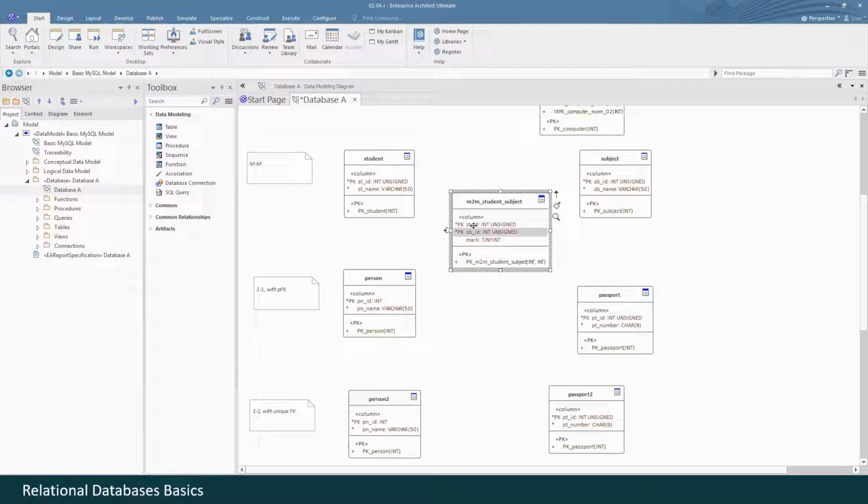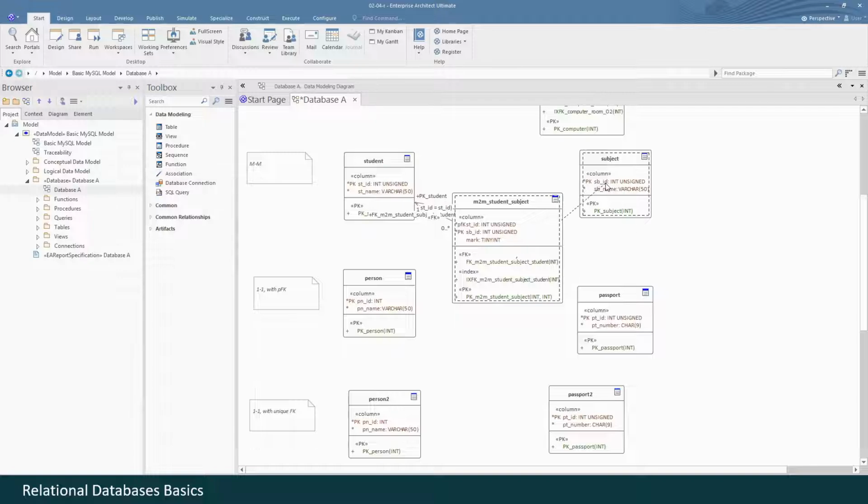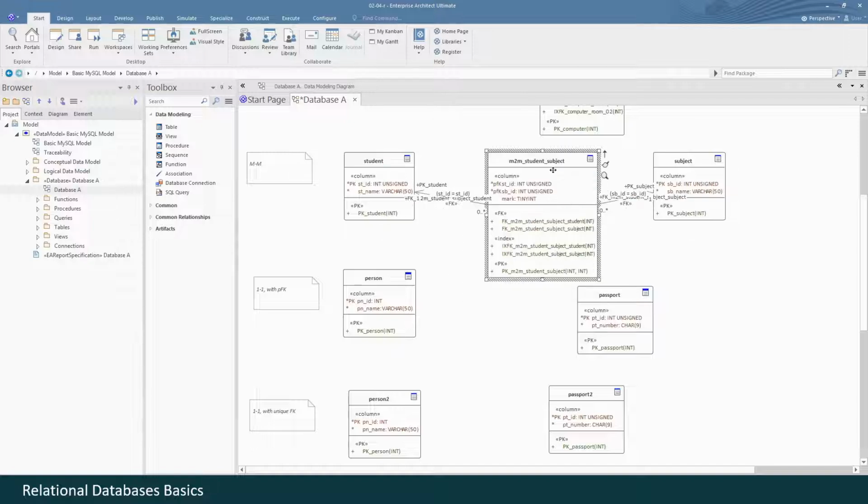In some other cases, for instance, if we have to show several marks for several attempts of a student to pass an exam on a subject, we shall not put those fields in primary key. But usually, in most cases, those fields should be parts of primary key. And the only thing left is to create the association. Let's make it 1, STID, STID, that's good, and 2, SBID, SBID, that's good. Here it is. That's the result. We have many-to-many relationship.